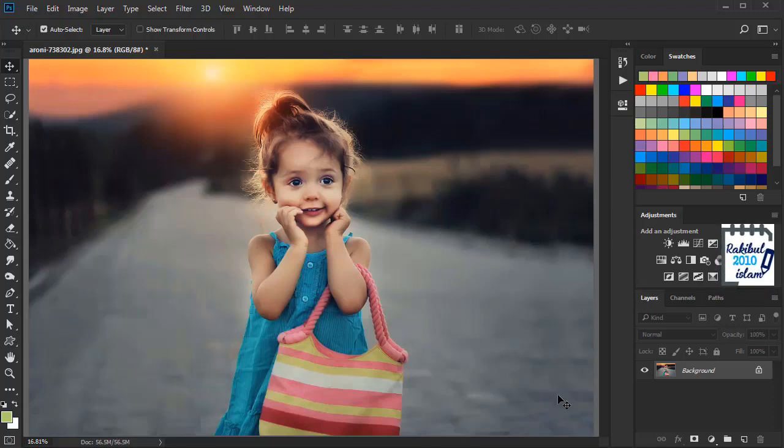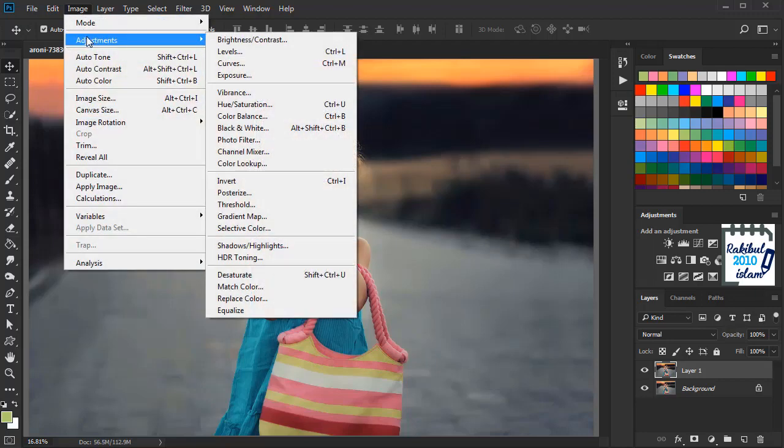In this lesson, I will show you how to replace color in Photoshop. So in this image, we want to replace the color of this baby dress. To do that, we will use the replace color command, and as it is a destructive command, we will press Ctrl J from the keyboard to duplicate the background layer, and we will go to image, adjustments, and select